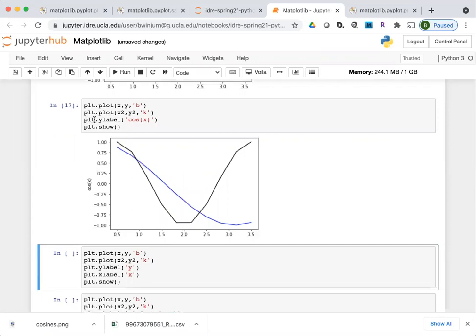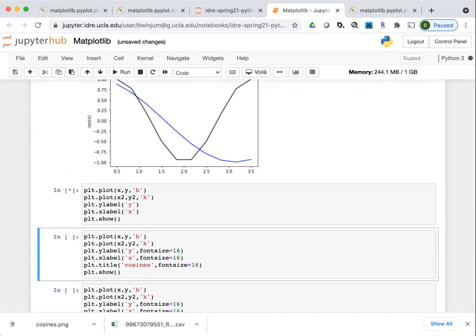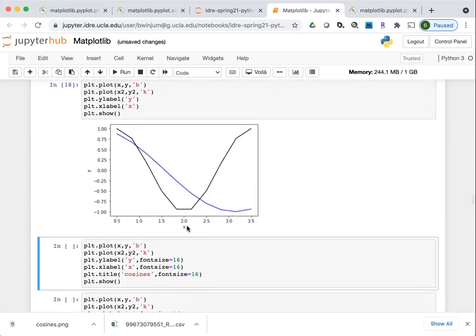With PLT, it's very easy to just continuously modify different elements of the graphic that you're interacting with, just by calling PLT dot and then additional things that you want to change. So for example, this is the same as what I've used for this graphic, but now I'm including an additional PLT function called xLabel, which is going to give it a label on the x-axis. So here, this is X now, this is Y.